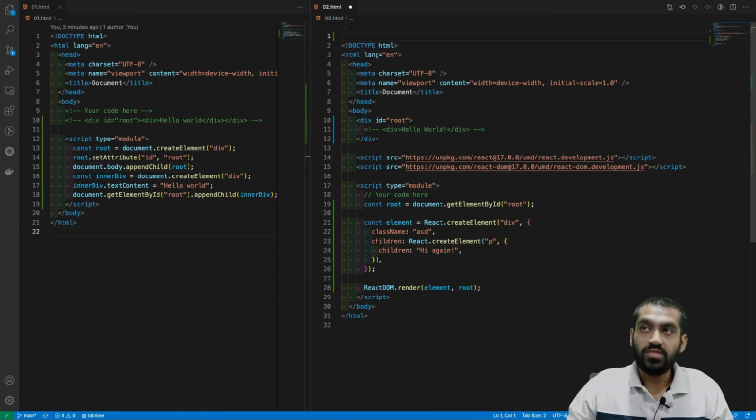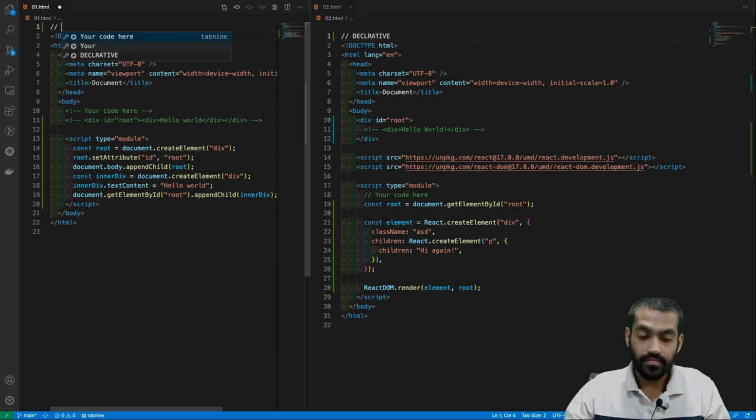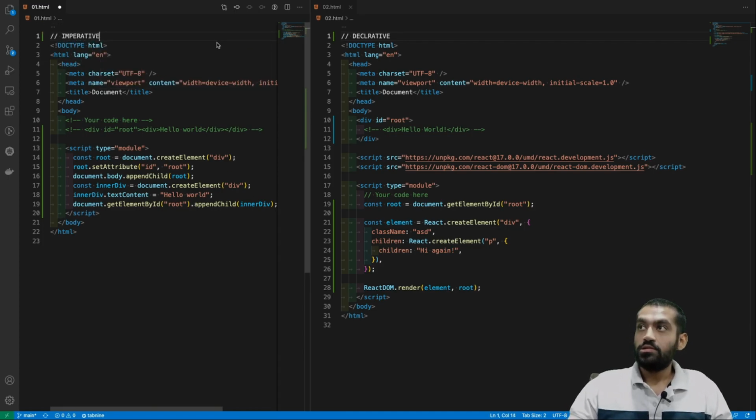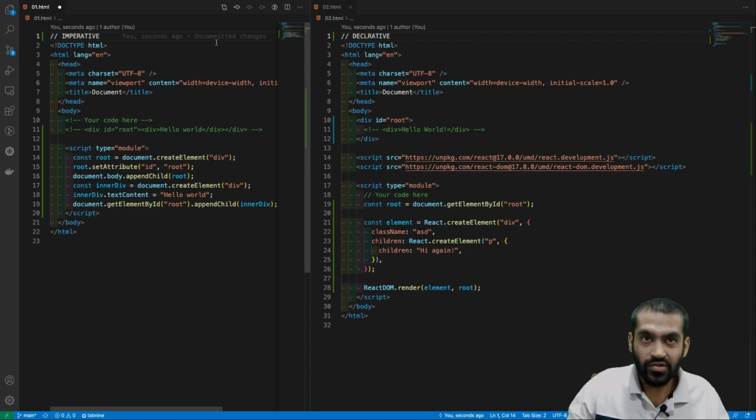So the most basic difference between declarative and imperative: let me first write what is declarative, whereas this is declarative, and this is imperative. Let me use a layman example. If I want to tell you to get me some water, I'll tell you to bring me some water, or in humbler words, can you get me some water. I'm not going to tell you where the kitchen is, how to reach the kitchen, how to grab a glass, how to fill the glass with water, and how to come back to me.